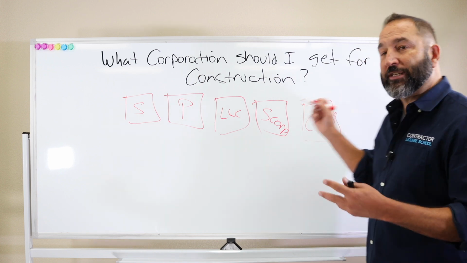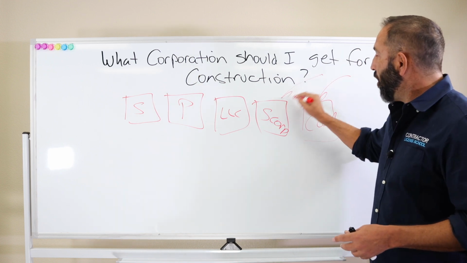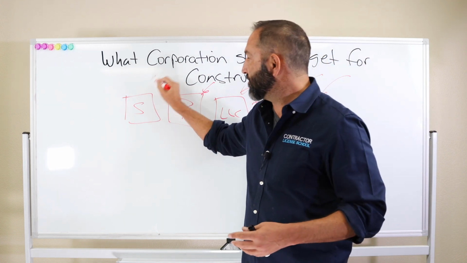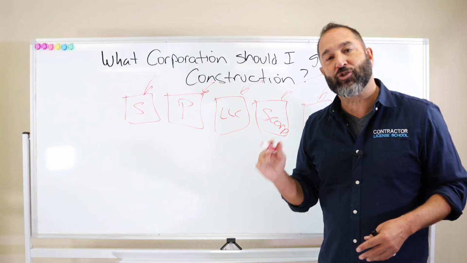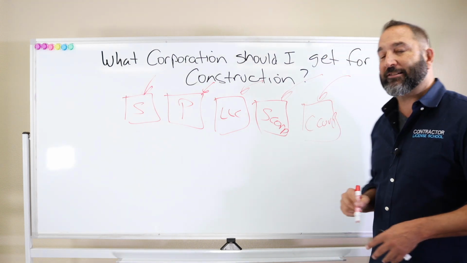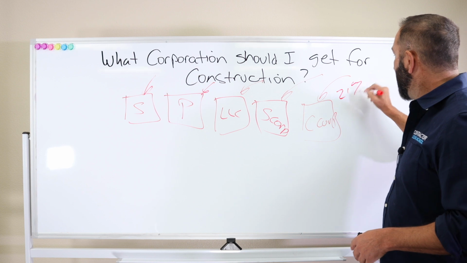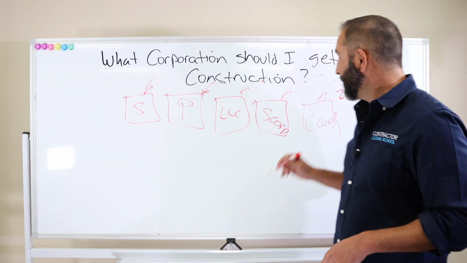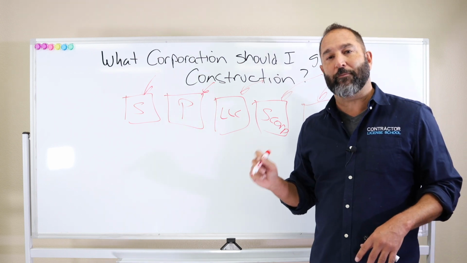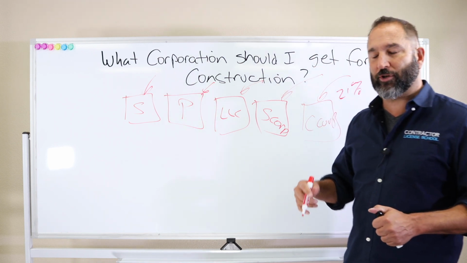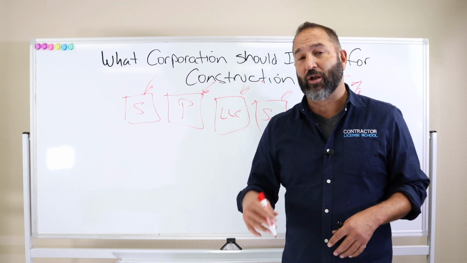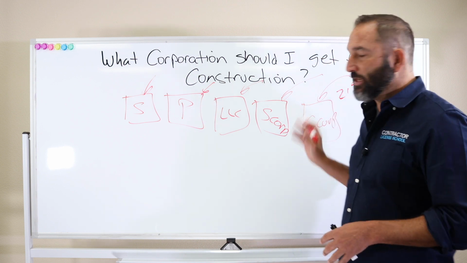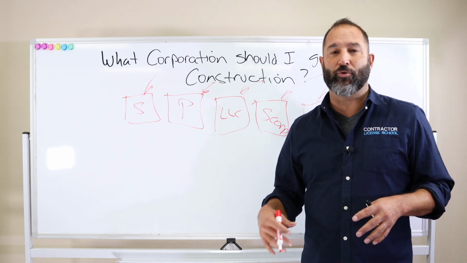Now, interesting to note, when money comes in to all of these scenarios, whenever you're raising money and you're doing projects and you're selling clients, all these are pass-through entities except one, and that's the C corporation. So it's taxed at 21% currently, and that changes depending on who's running the country at that particular time. So I usually highly recommend that people stay away from that one in construction, unless you plan on going big, maybe going on the stock market or raising up over 100 employees. And then you consider that. And you can always convert from an S corp to a C corp.